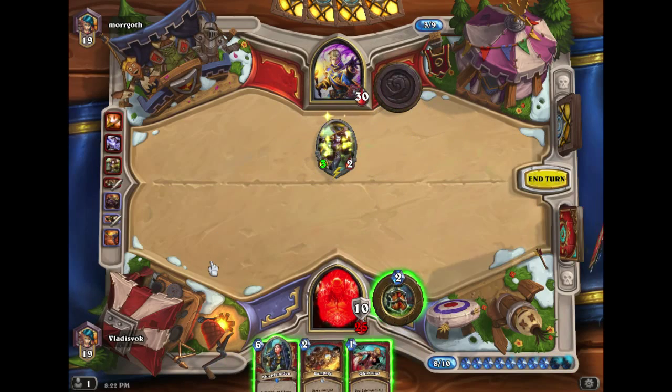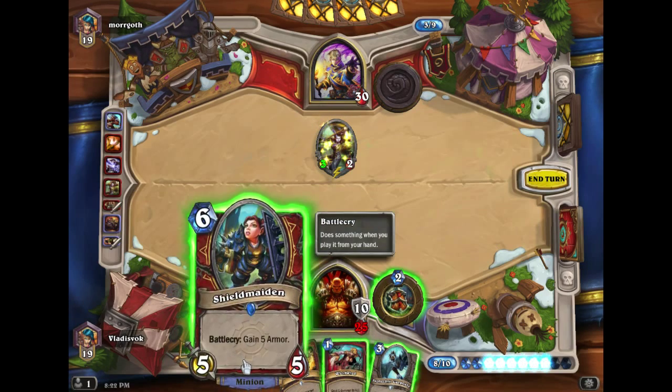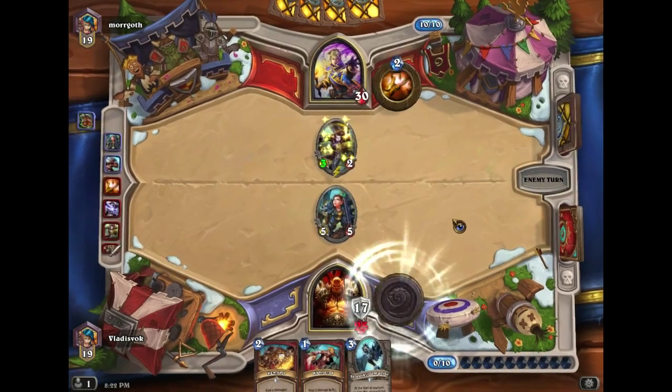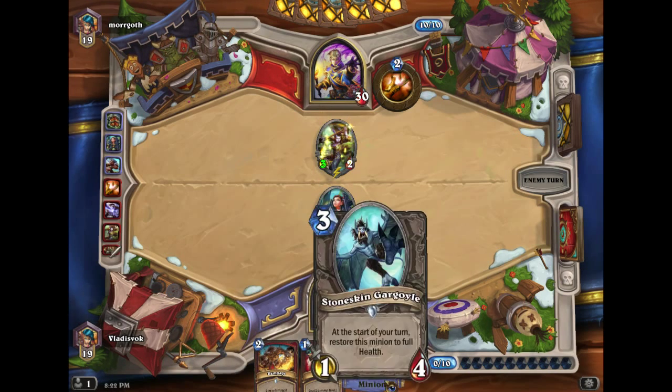Let's see what I get off my draw first. Stone Skin Gargoyle. You're not really the answer here. Now, of course, he heals me again and runs that into the Shield Maiden, but it's...